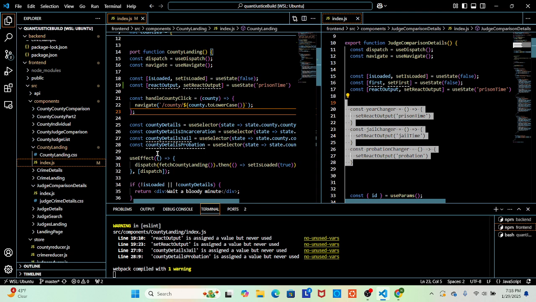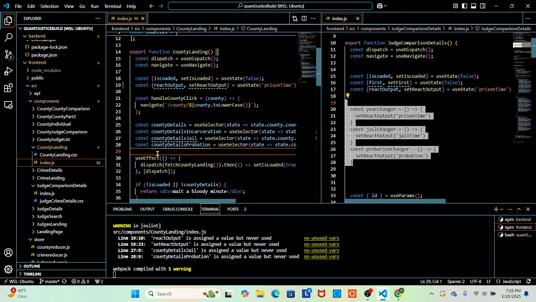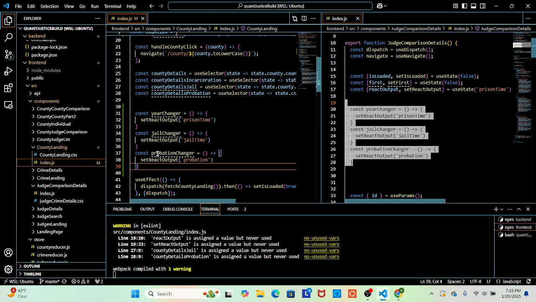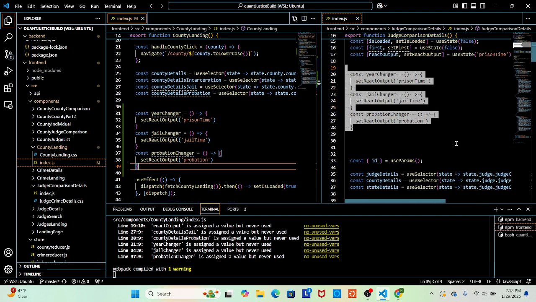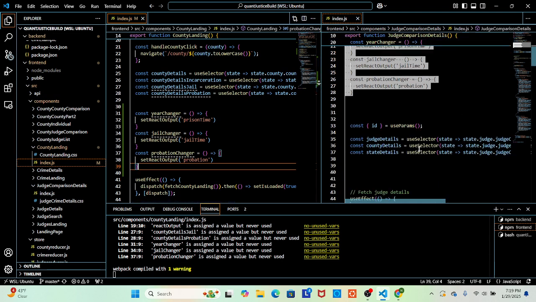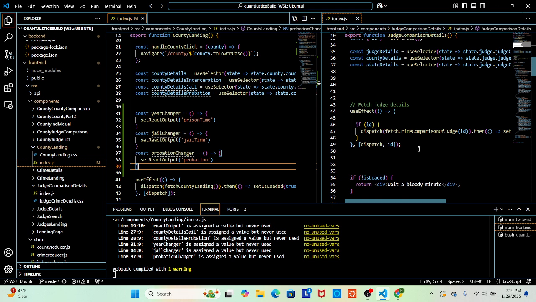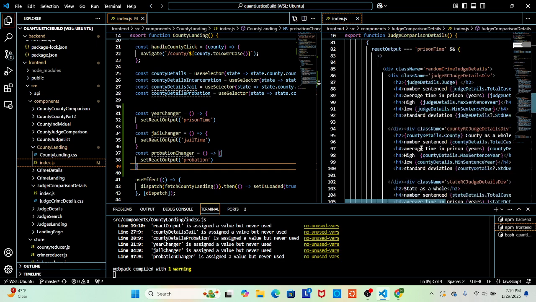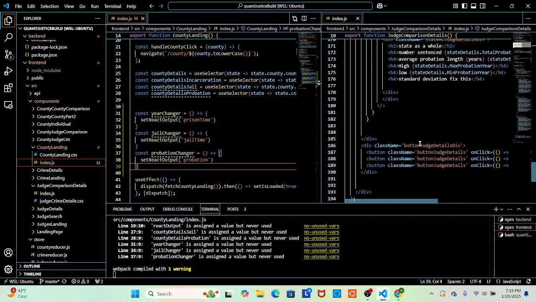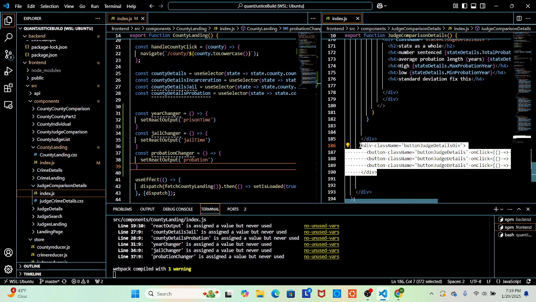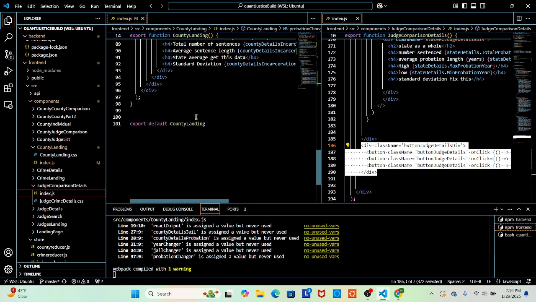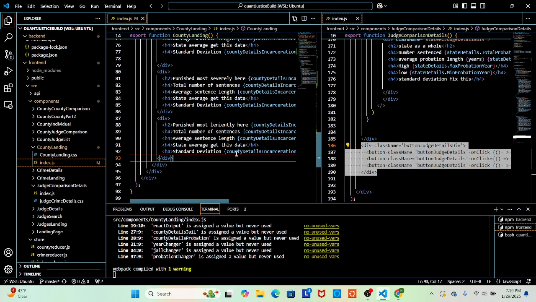And there. And buttons. Once again, everything's probably defined the way it is.